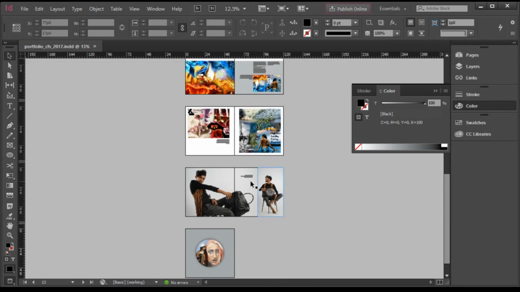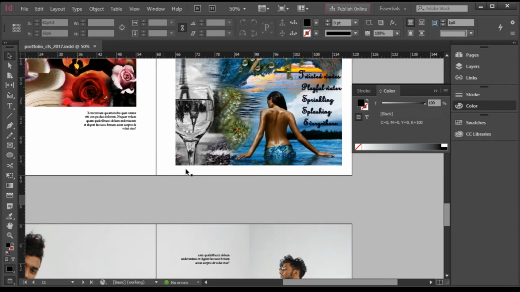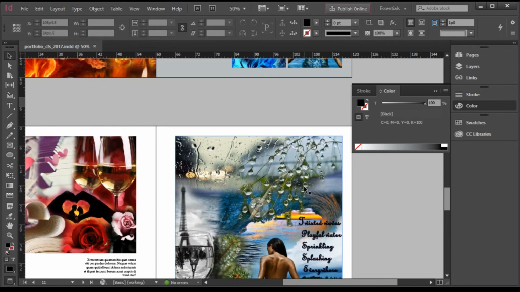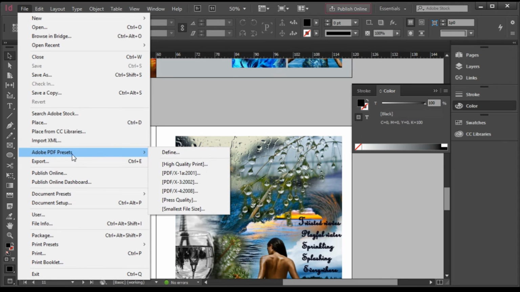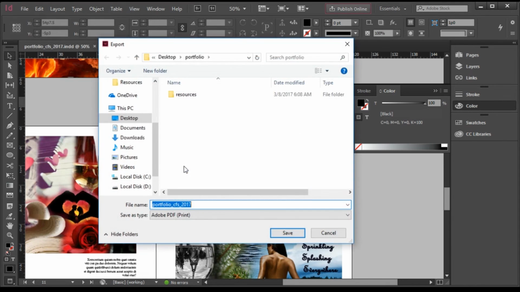See, I could have covered a lot of different things such as paragraph style, character style, and adding page numbers, but that wouldn't make much sense, and even if I do so, it would be very confusing for you people to follow it. So right now let's just stick to our objectives. We are making a portfolio, we are featuring the things we have already seen here, and this will solve your purpose. Alright, so we'll go to file, choose Adobe PDF preset, and choose high quality print for exporting our work,